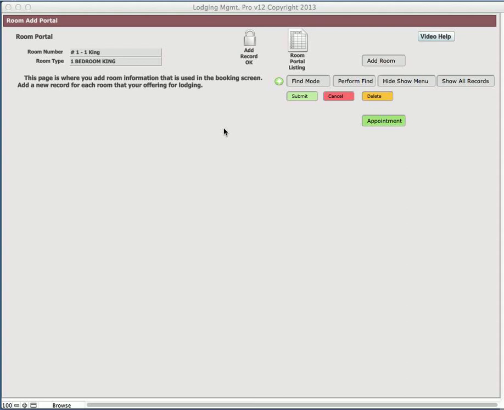In this video help, we're going to discuss adding rooms in the room portal. You can reach this portal by clicking on the main menu and then the portal, room portal. What you want to do in this area is to add each individual room, not repeating any of the information